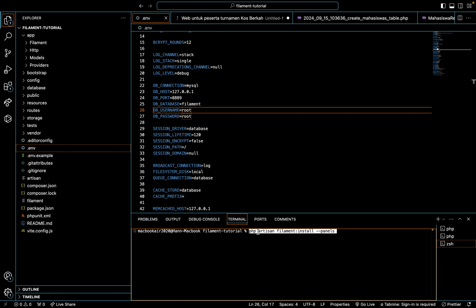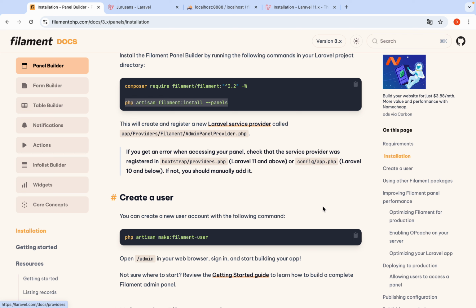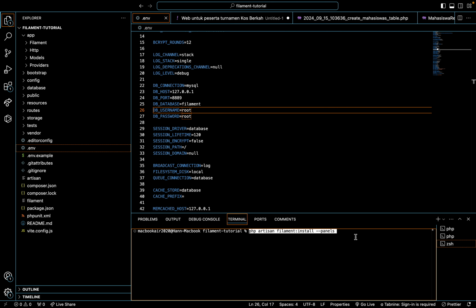After that, you must have this point. This is the main point for the PHP. Then we need to make a user for using Filament.